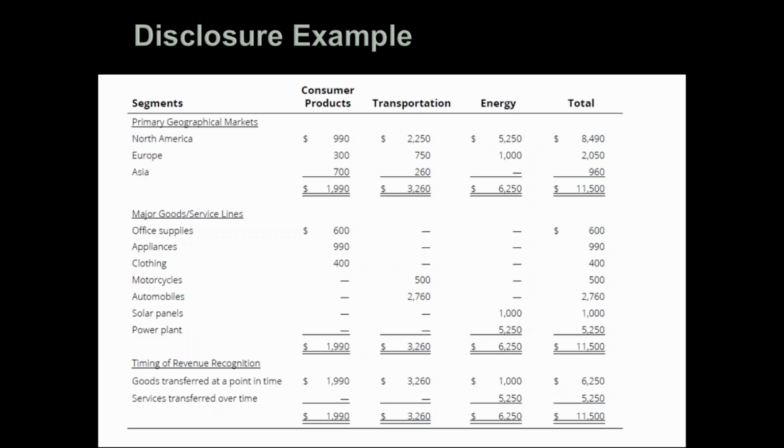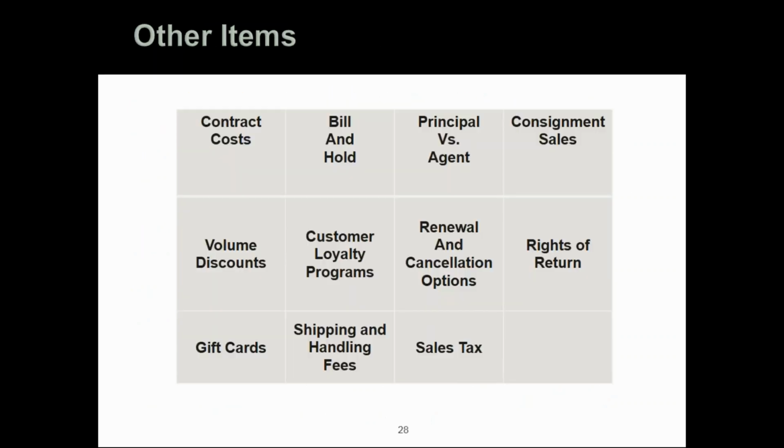So I do want to go back, I think, and take a look at a couple of these other items and give you a bit of a flavor of what some of the issues may be here. Contract costs. In accordance with the revenue recognition standard, your direct incremental costs to obtain contracts will be capitalizable. And if you're delivering those services over a period that's greater than 1 year, you would amortize that over the contract term. So depending on how material your contract costs may be, you'll want to be aware of that up front and maybe spend some time thinking about how you'll quantify those costs.